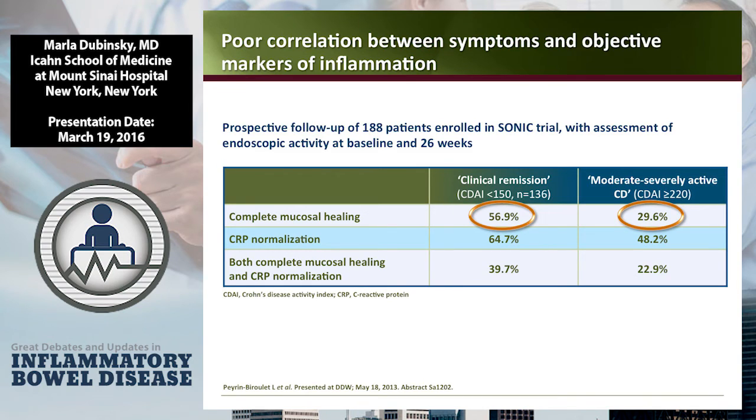So it's not surprising that 20% of patients who entered SONIC had zero evidence of endoscopic disease, because we videotaped all the endoscopies and sent them to Belgium to be read. And lo and behold, 20% of people who entered SONIC had no evidence of disease. So we enrolled IBS on top of IBD patients. But more importantly, when they looked at the outcome at 26 weeks, of patients who were in clinical remission, approximately, let's say, make it simple and call it 55, approximately 45% of patients still had endoscopic ulcers.